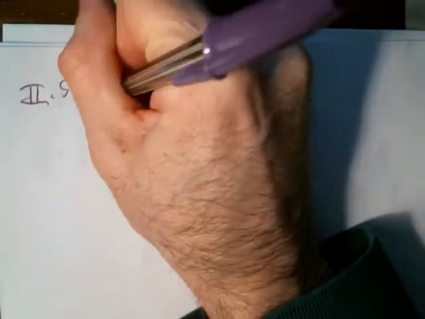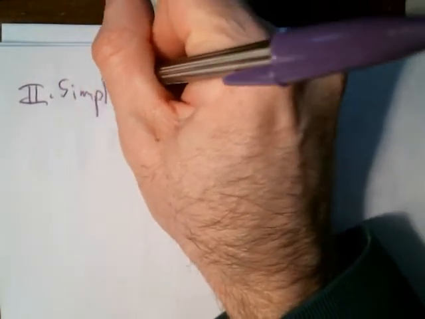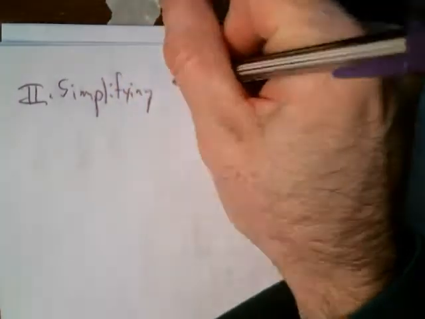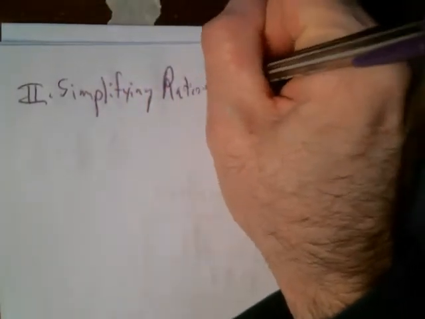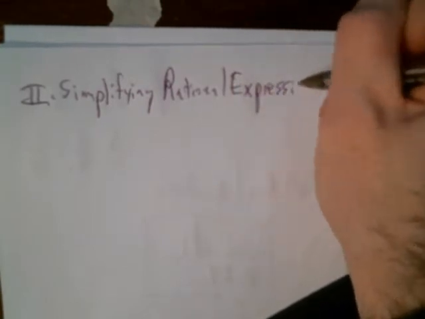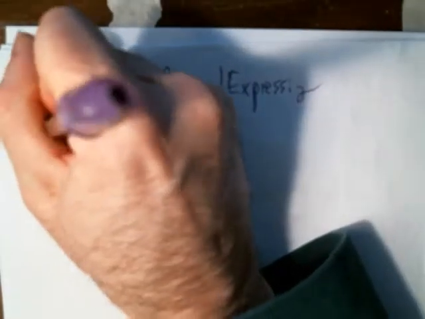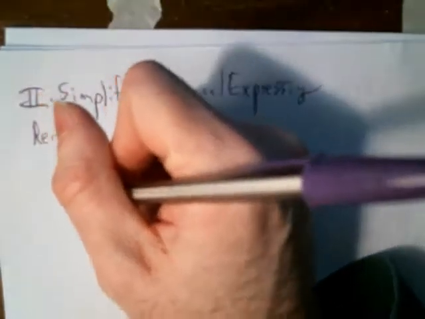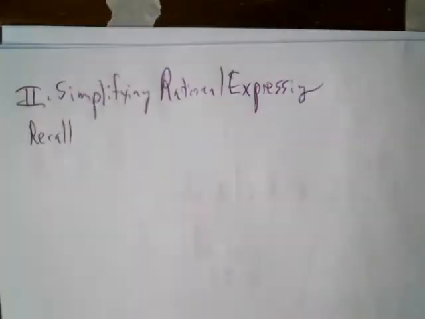Okay, so section 2, simplifying rational expressions. And the first thing we're going to be doing is just removing common factors. Okay. So the idea, recall, and I think I just showed you it, but we'll do another one. Recall this